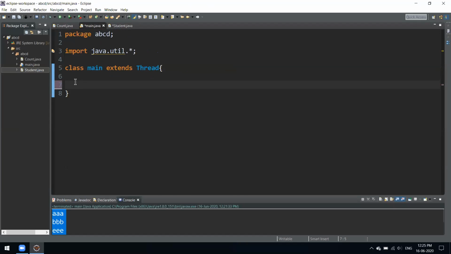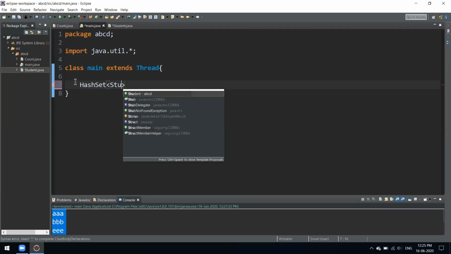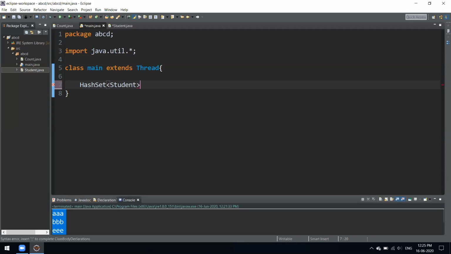Now what we are going to see is how we can have a set of objects of a class, different objects. Just a minute, I'll quickly make up the code and show you. What was the name of this class? It was student. So instead of specifying any type, we have our own type called student.